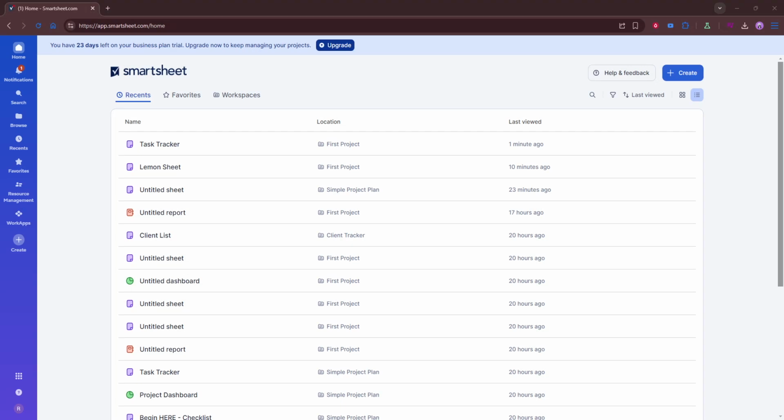In today's video, I'm going to teach you how to create an organizational chart in Smartsheet. We'll walk through the full process of finding the right template, customizing it for your team, and making sure the final chart is clear, useful, and easy to share. This is a great way to visualize reporting lines, team structure, and department organization without having to build everything from